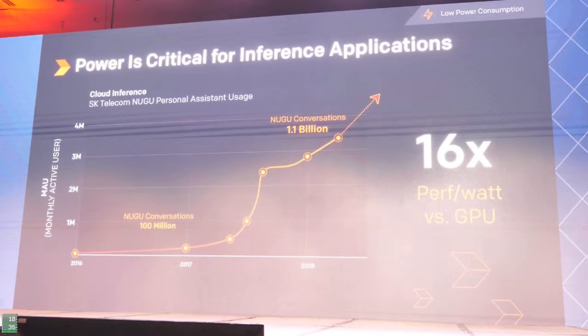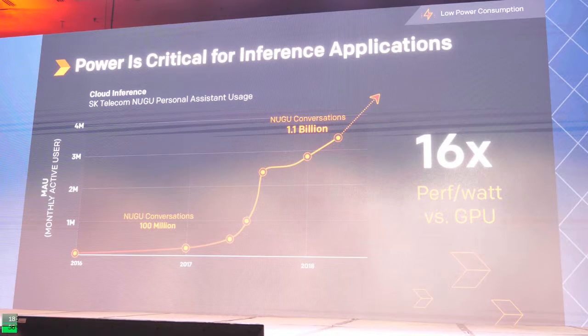So they did their own DSA, optimized for their speech recognition, and deployed it. The performance per watt advantage that they got translated directly into total cost of ownership because there are many, many inference engines running in the cloud at the same time. Now, SK Telecom, as I said, is in the audience. They have a talk today in the afternoon. So anybody who wants to understand how they did it should attend this talk from SK Telecom.